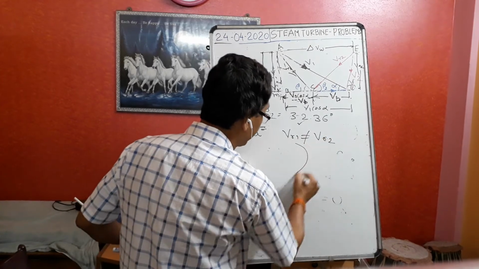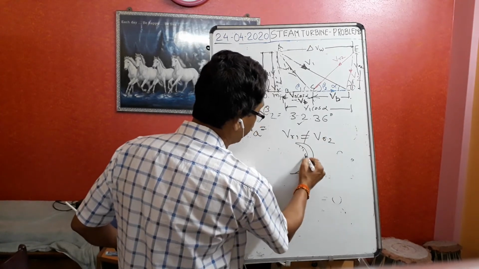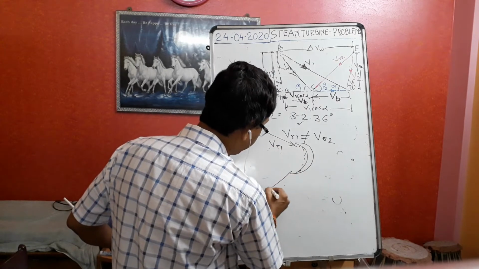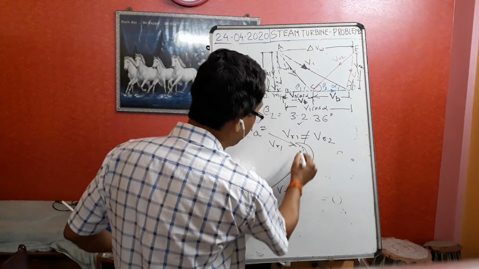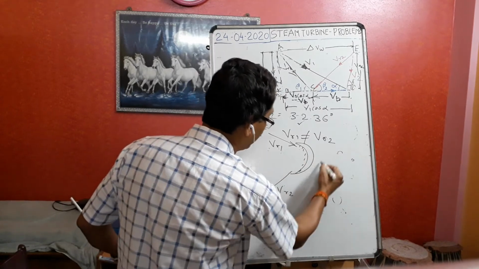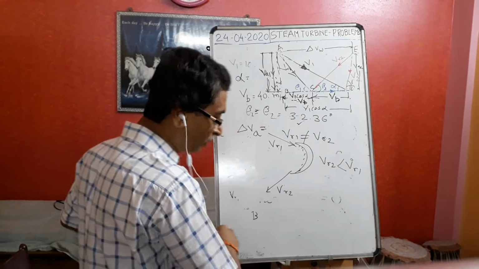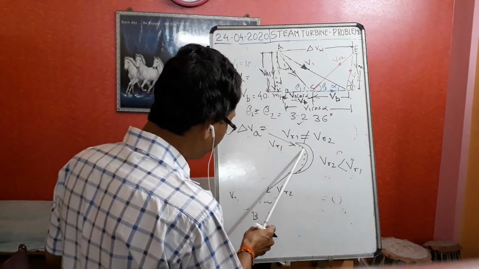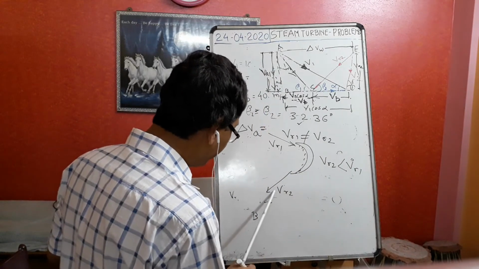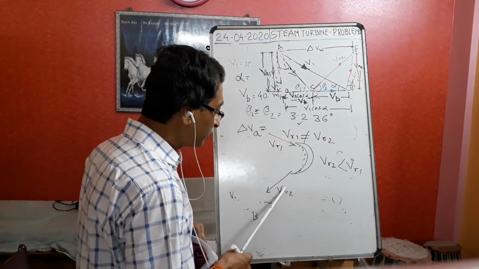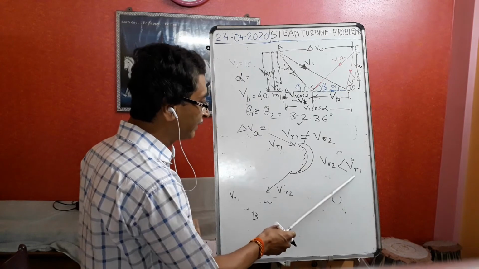So friction is there, so here the blades friction is there. তাহলে এখানে ঢুকছে কত ভেলোসিটিতে? VR1. How much velocity is it exiting? VR2. Friction is there, তাহলে obviously VR2 will become less than VR1, because when ঢুকছে VR1, friction is there in the blades, তাহলে VR2 due to friction some velocity will be reduced, তাহলে VR2 will be less than VR1.